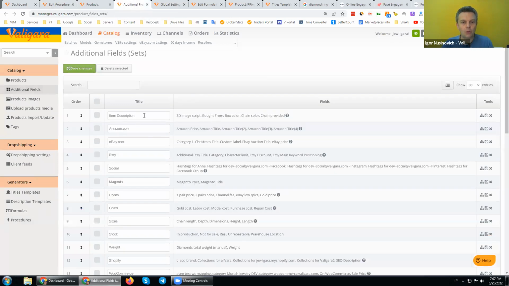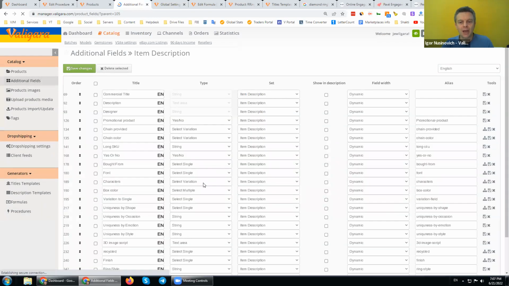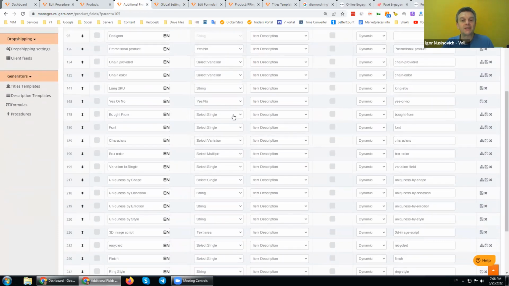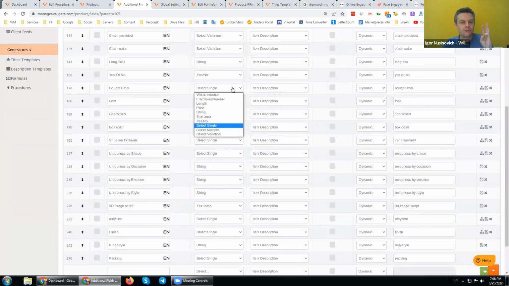So I will quickly jump again into item specifics, and as most of you have already mentioned, we have the selection type of fields. What does the selection type of field mean? There are three selection type fields: select single, select multiple, and select variation.